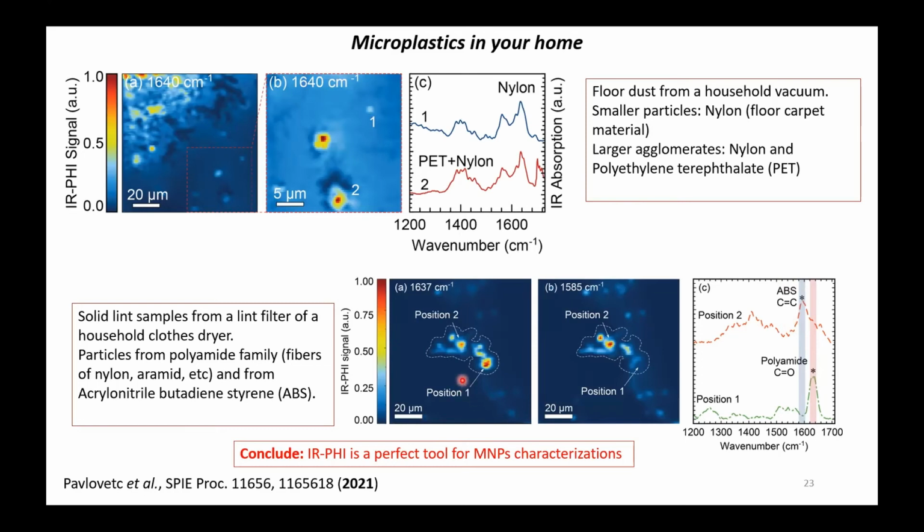And they again create complicated structures together. What's shown here is that by imaging at 2 different wave numbers, we can see that this position, for example, has a lot of polyamide fibers, but when imaging in resonance with ABS, you see that the distribution changed. For example, this point completely disappears, so there were just polyamide fibers, but other areas actually grow in relative signal, so there's more ABS